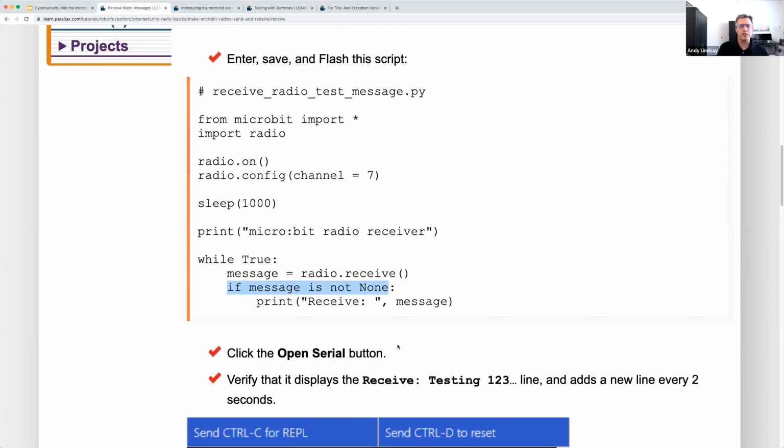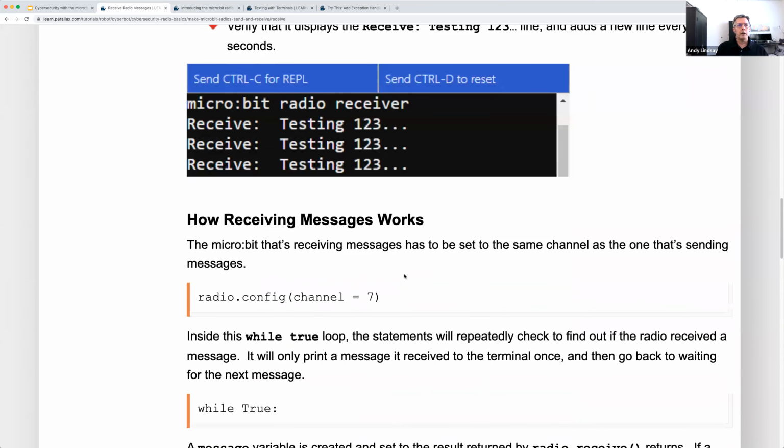I believe that if message works just as well as if message is not none. That's kind of a double negative. So basically, it would be more clear to say if the message exists, then print it. Otherwise, just go back and keep on checking with radio receive to see if the message has come in yet. At any rate,